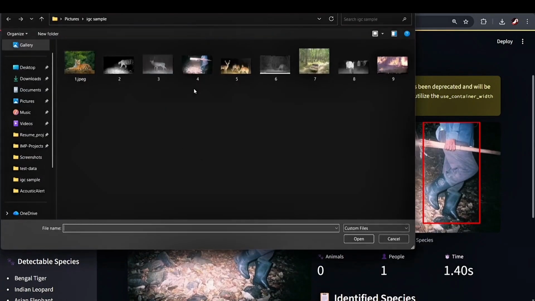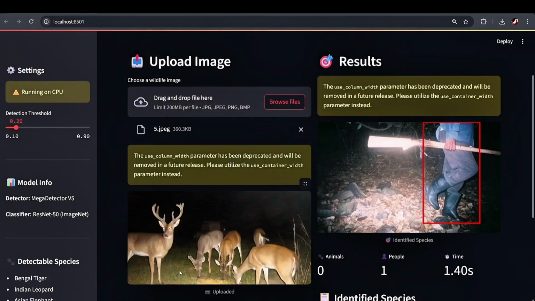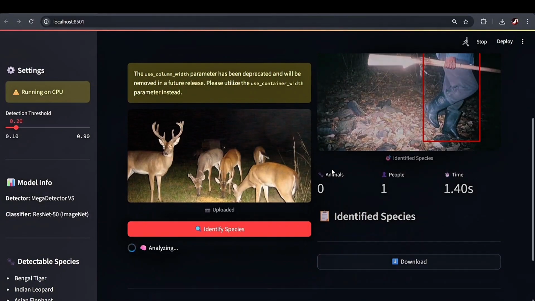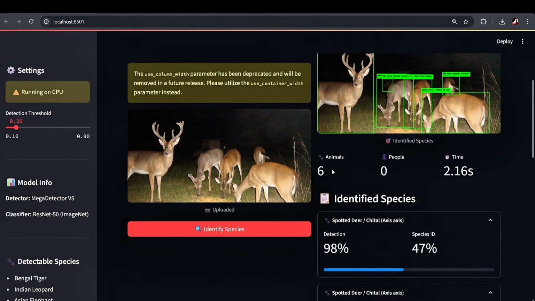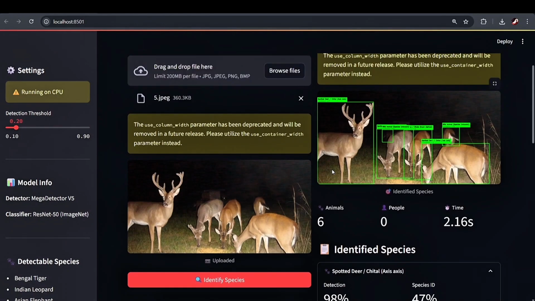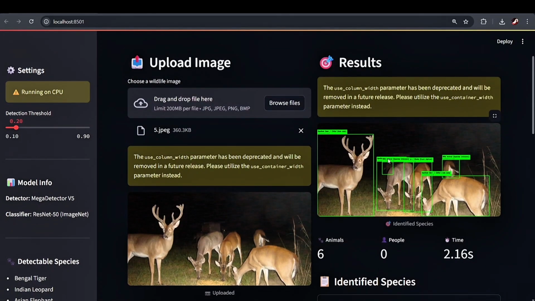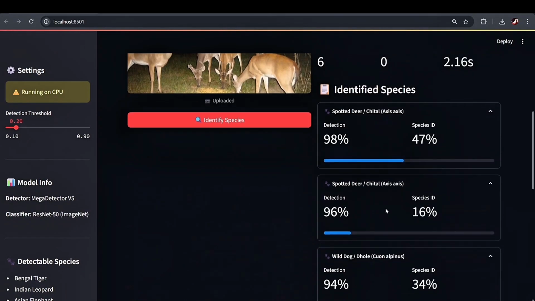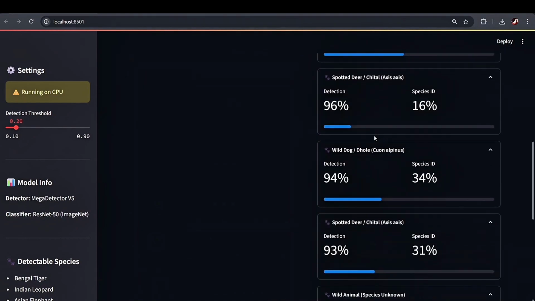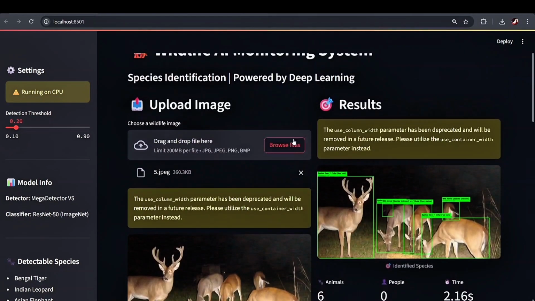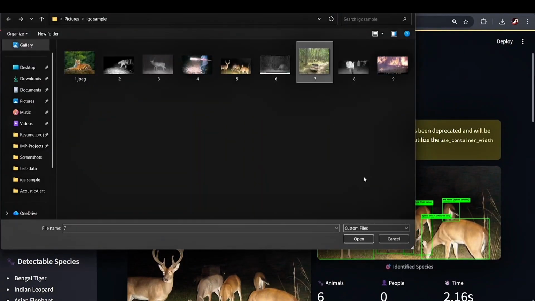It not only captures a single animal but multiple animals, as we need a better understanding of the whole forest. Right now, as you can see, it captures even the slightest pixel of an animal. Here, 1, 2, 3, 4, 5, 6. It has captured the 6 animals and tells for each animal what it could be.